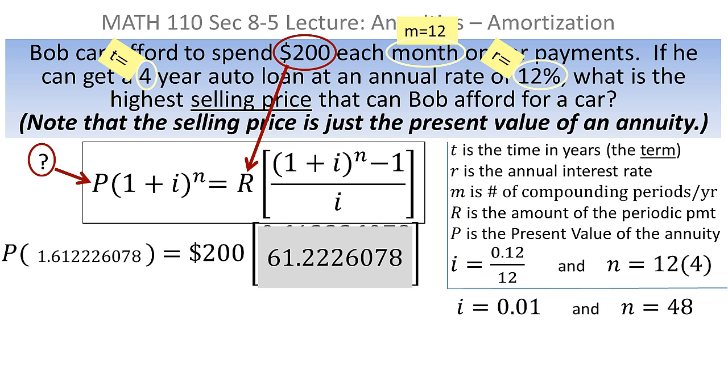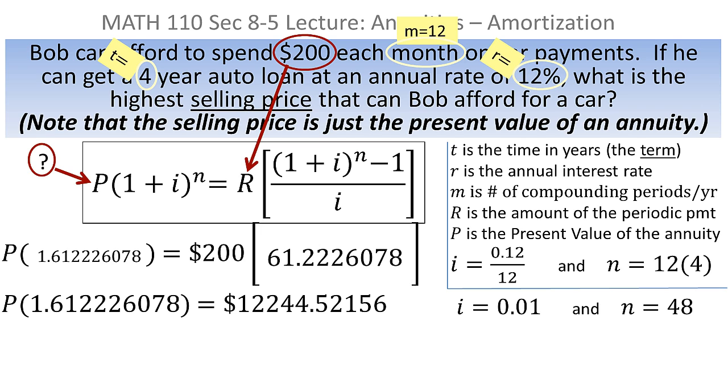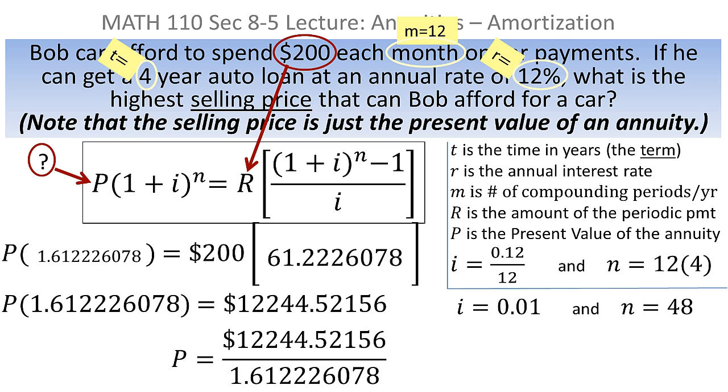Plug that in. Now I want to multiply on the right by 200, and that gives me 12244.52156, and then divide both sides by 1.612226078, and I'll end up with a present value of